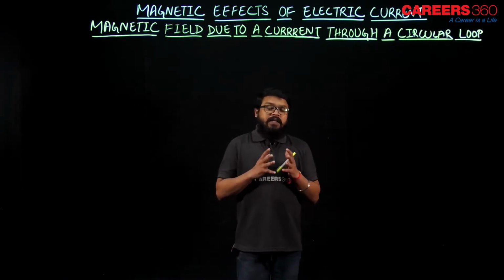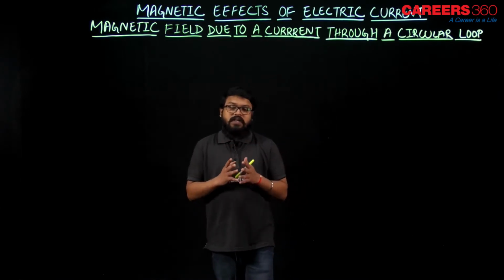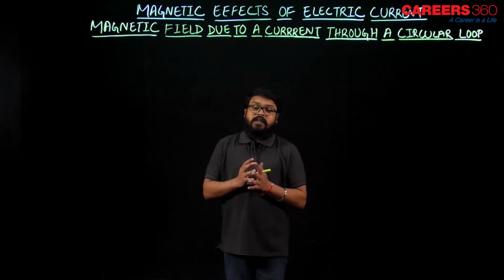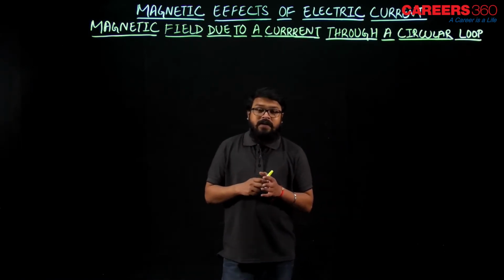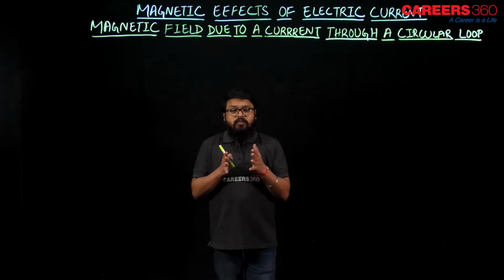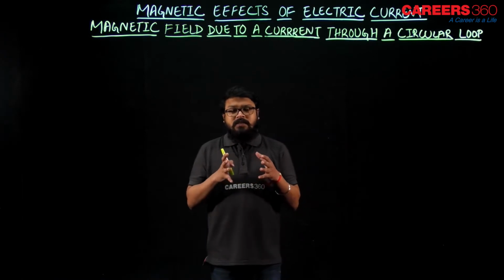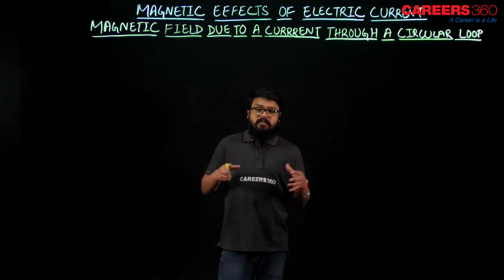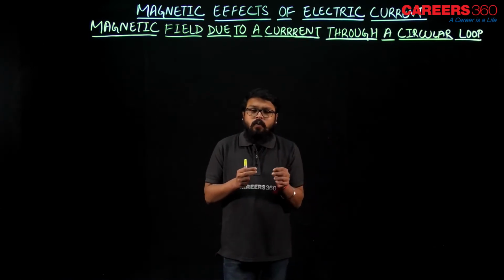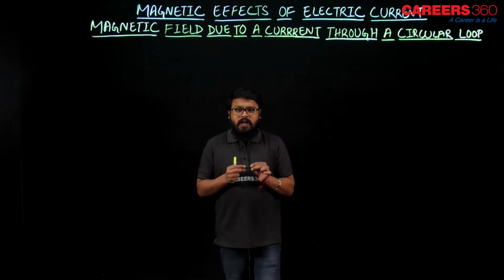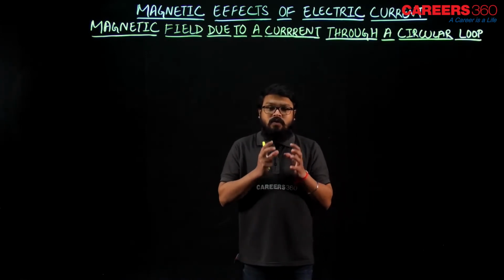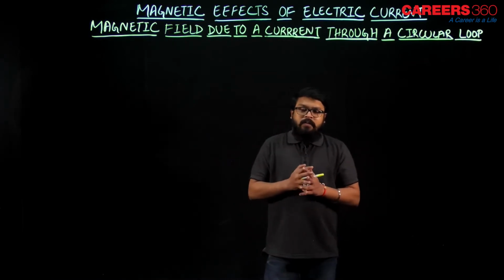Then the magnetic field lines, as you know, for a conductor having current flowing through it straight, were concentric circles, right? And as we moved away from the conductor, the radius of the concentric circles used to increase. So now what if we bend that straight wire and form a circular loop? How does it look when the current is flowing through it, and how do the magnetic field lines look? Let's see one picture over here.